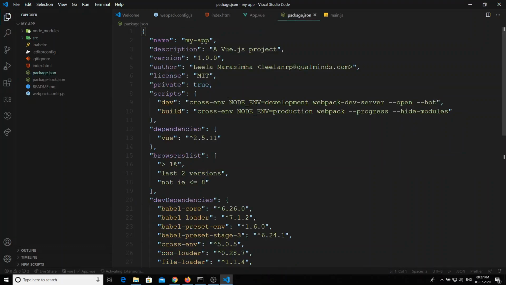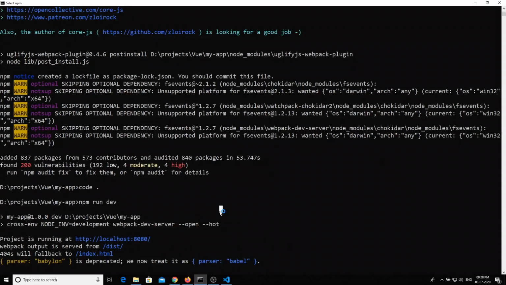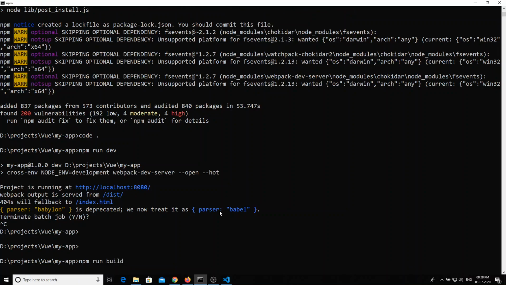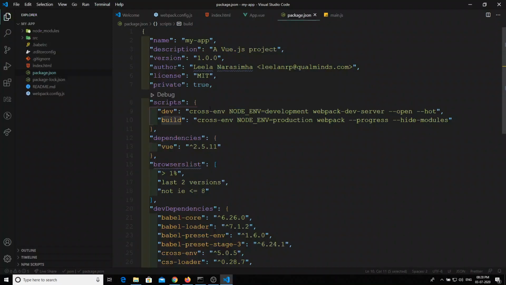And if you go into the package.json, you will see npm run dev and npm run build. If you run npm run build, automatically all the files will be generated. Npm run dev innerly executes a command that takes the development environment, launches the server, and opens the browser automatically.